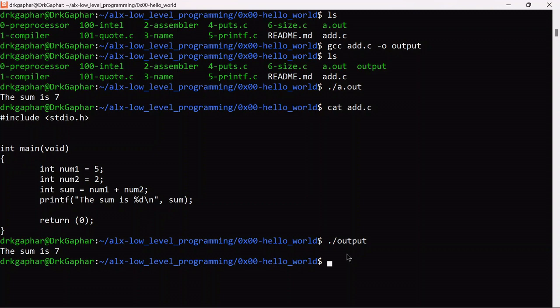So the next thing now is to git add, git commit, and then push your project back to GitHub. Then go and run the checker on that particular task. So all you just have to do is to